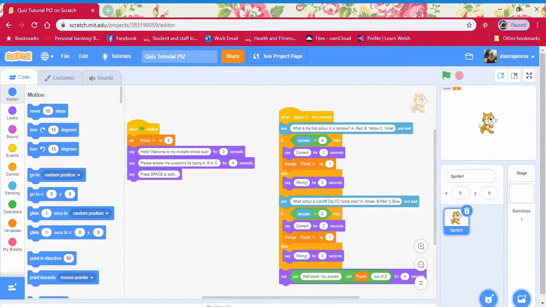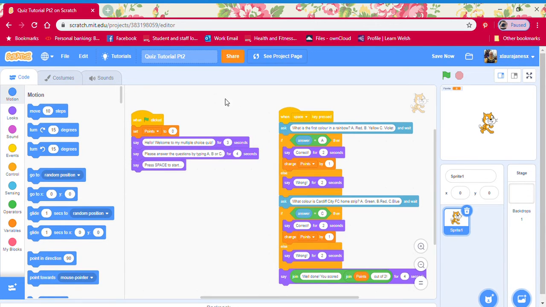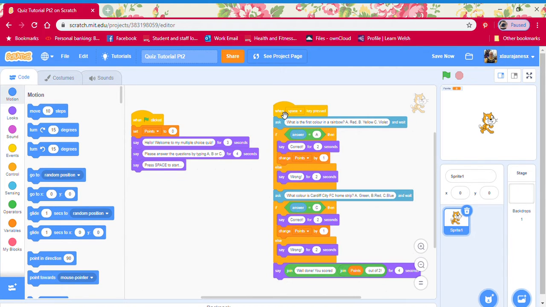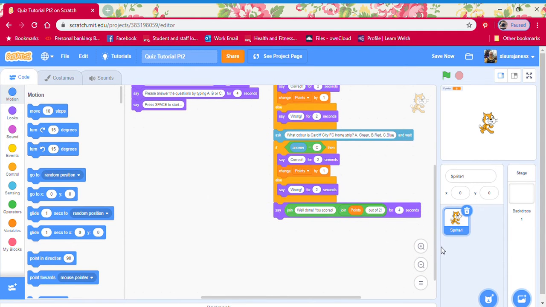So what I've got here is the code for the quiz. So we have our introduction block here. I can just grab it and wriggle it around, and then we have our block for the quiz here. So what I'm going to do first is give the users an option to rerun the quiz, because that's the whole point of this. So if we want to rerun the quiz, I want to ask them, do they want